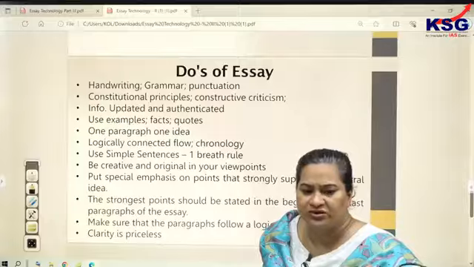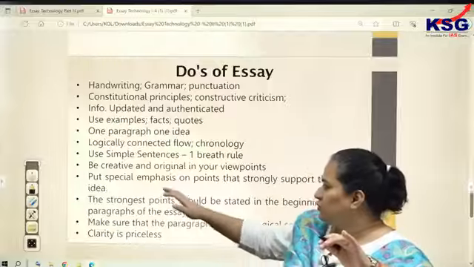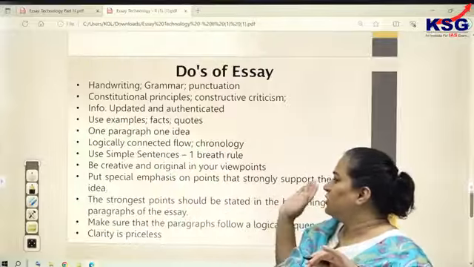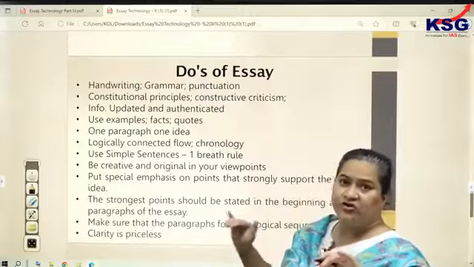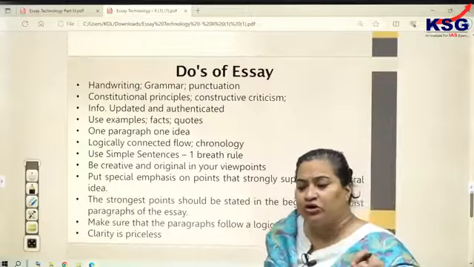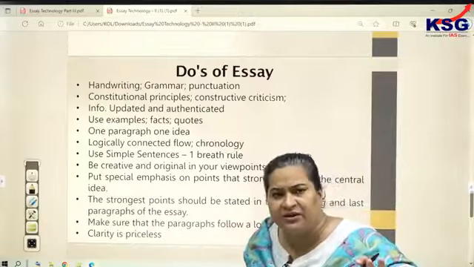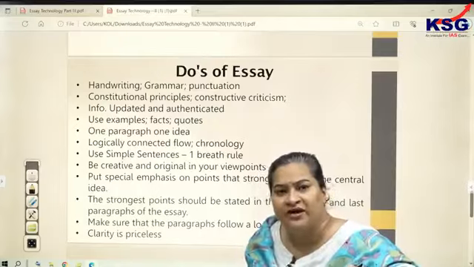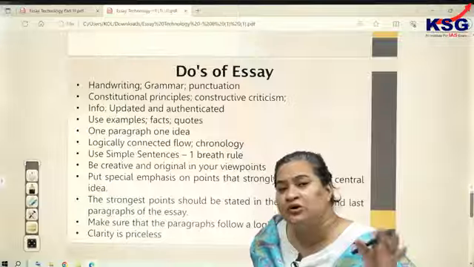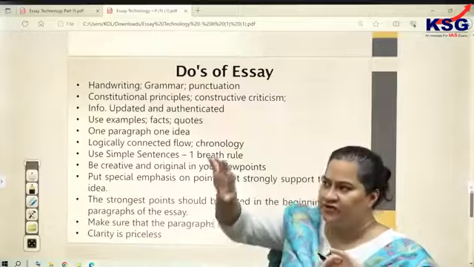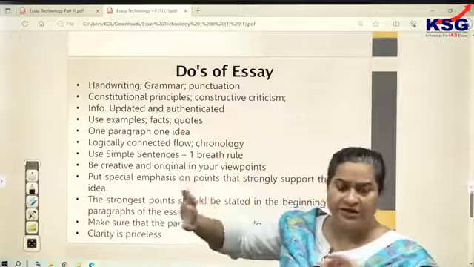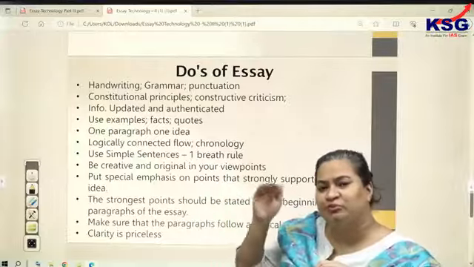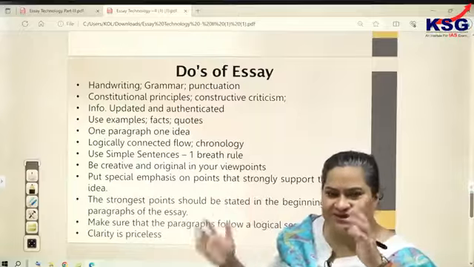That is also possible. Okay, so again, with respect to this, put emphasis on points that are strongly supporting the central idea. Means the most important core points, keep them towards the beginning of the essay. Do not try to write them towards the end. Many students feel, I'll first write the introduction, then certain points, and the most important idea towards the end. No, no, no, no. You're supposed to impress upon the examiner, and there are like 16, 17 pages.